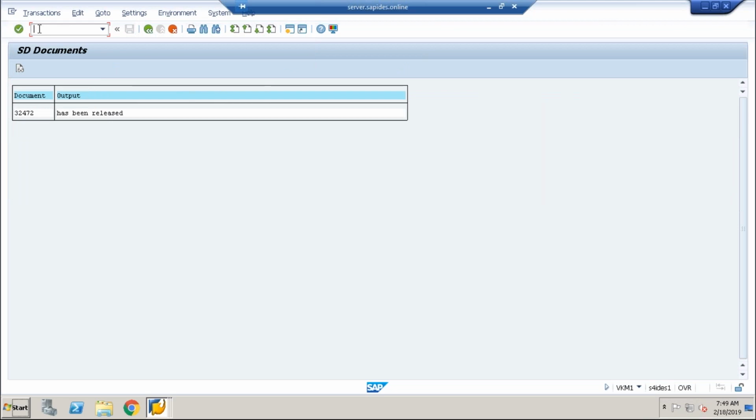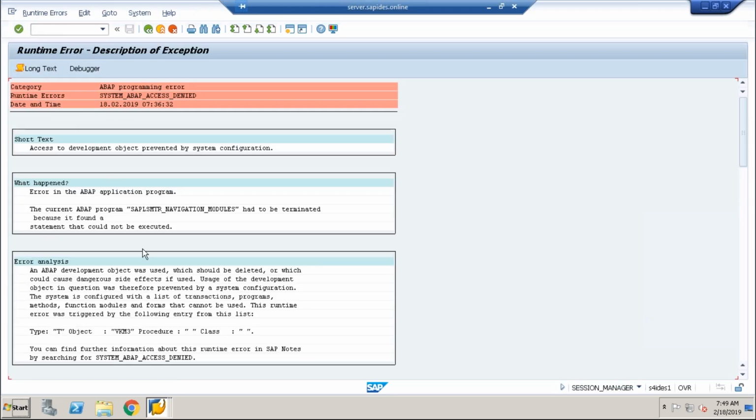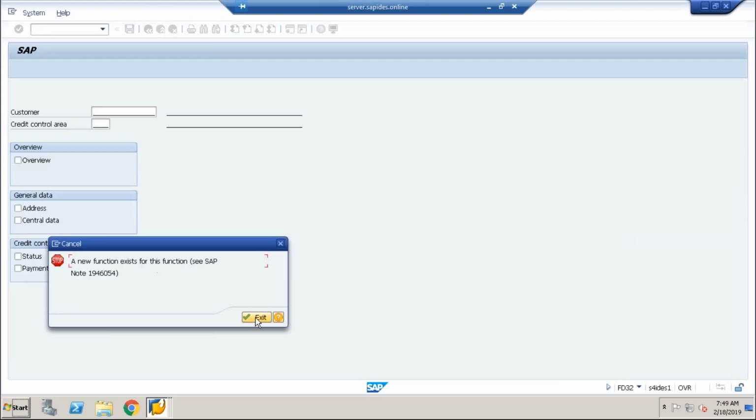Okay. So we'll have to realize that only one specific transaction has been retained, and a lot of other transactions, VKM3, VKM5, all these things have been eliminated in the system. Only the VKM1 transaction has been retained as part of this credit management, and all the other transactions, FD32, FD33, whichever we were using for credit management, have become obsolete, because FI-AR moved to the FSCM component itself, and the entire thing became obsolete.